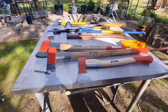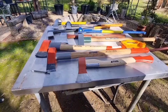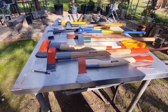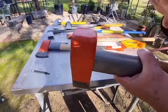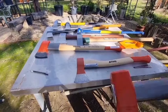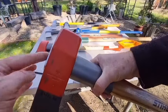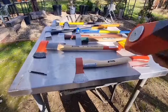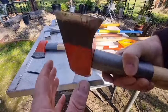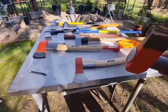Now, one thing that I didn't mention, when we talk about angles, when we talk about the block splitters, they are generally the heaviest of all. Typically this one from Stihl uses this part as a sledgehammer. It's got a total weight of 4.6 kilograms. So the actual head weighs 3 kg, plus you've got the steel here, plus the handle. You'll notice that the width here is much smaller than a splitting axe, and it's still got a slight radius on top. Also, I had to re-profile